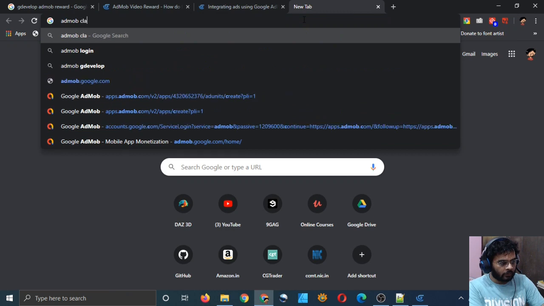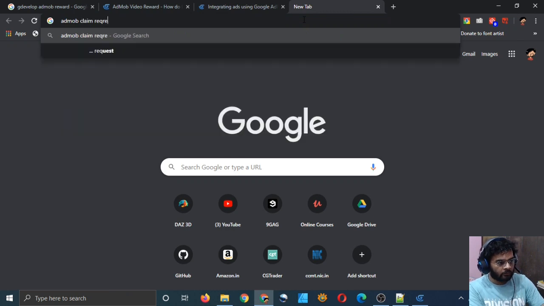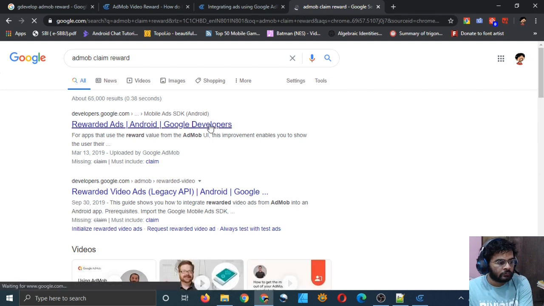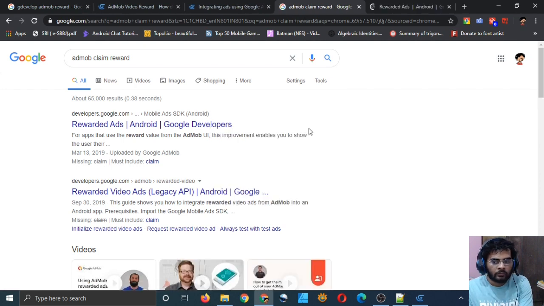Add mob claim reward, rewarded ads. I will have to send request.